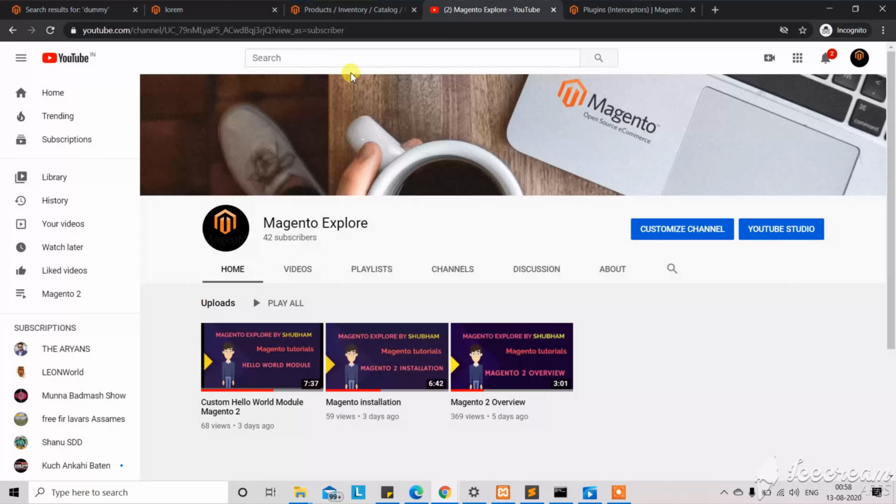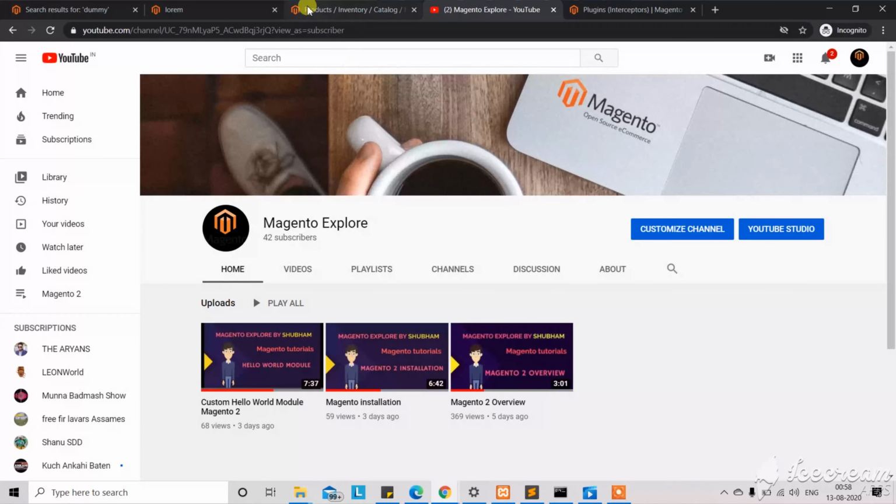Hello guys, today I'm going to explore plugins, or interceptors, in Magento 2. So what is a plugin exactly? A plugin is generally used in Magento 2 to override the default functionality of Magento. We can use a plugin to modify a core Magento public class or method by intercepting a function or class, or running code either after, before or around.